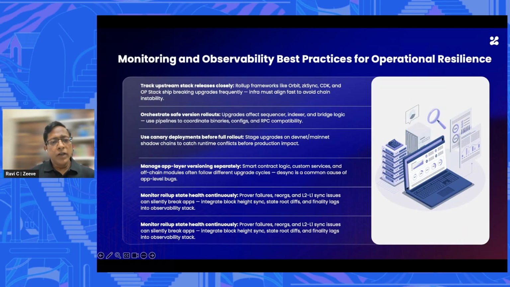Then monitoring and observability is very, very important, especially as your chain grows. Initially, when you launch an app chain, you may end up running all your validators and RPC. Comparatively, it is much easier to manage that kind of infra. But as your chain grows, if it's a permissioned chain with a consortium, then different consortium members will start setting up the nodes. If it's a permissionless chain, then public nodes will start coming into the picture, and there would be public RPC usage as well. So in that case, having high performance is very, very important.